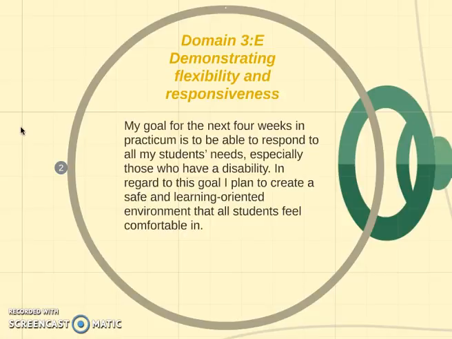I was working with 28 third graders, which is a challenge in itself, but when you add on students with disabilities, it gets even more complicated. So therefore, I really wanted to make sure that all my students felt comfortable and safe in their learning environment, and that I, as a teacher, could respond to all their needs.